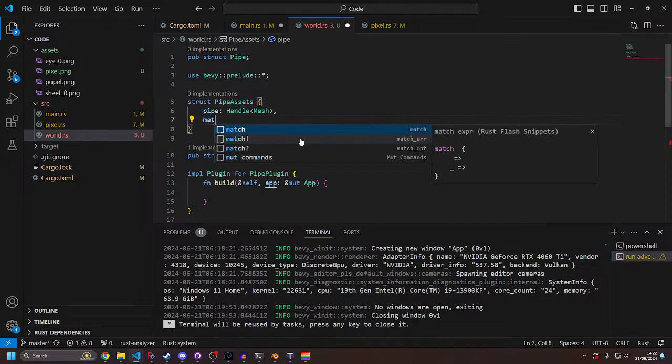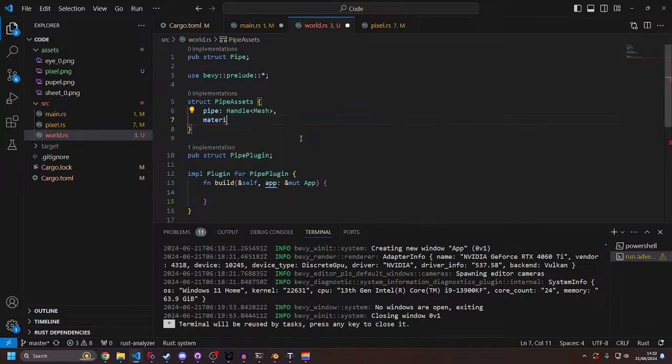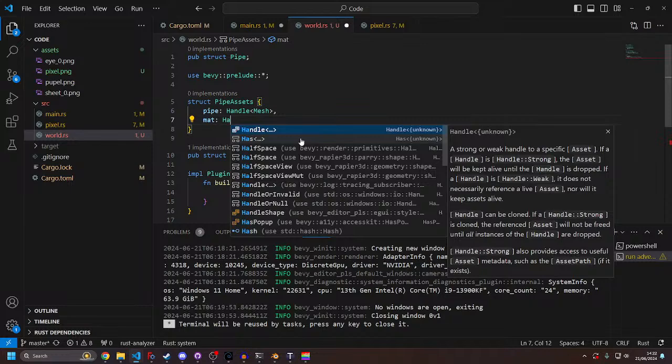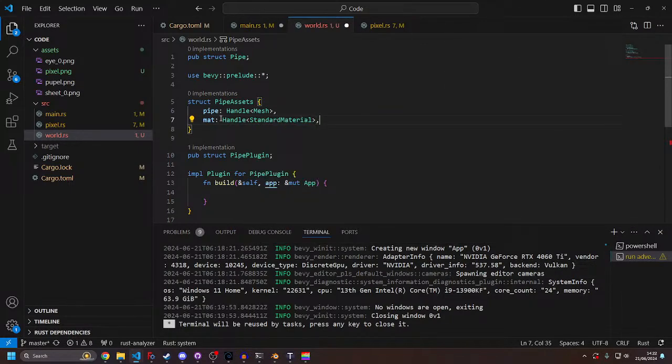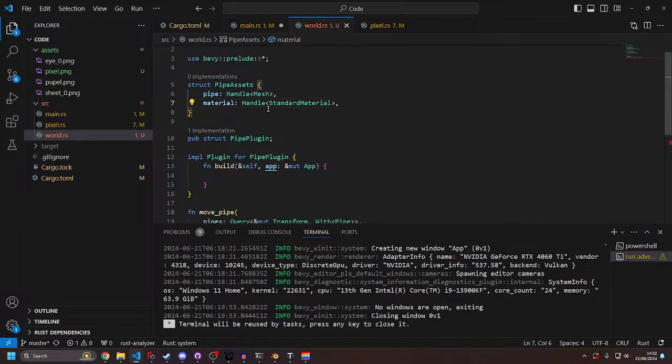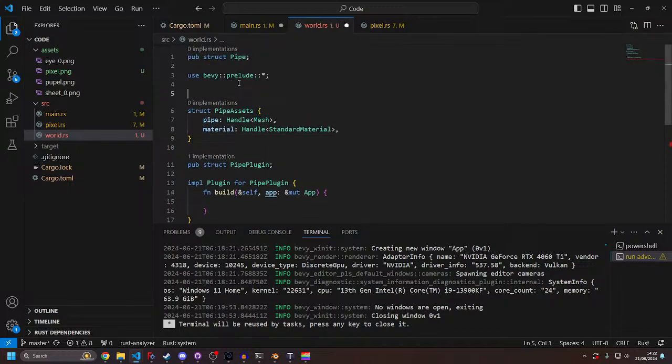Okay, so we're gonna have the pipe and the material like so, and then that should. No, so you do this first. We need your resource. Derive resource, and then we need to